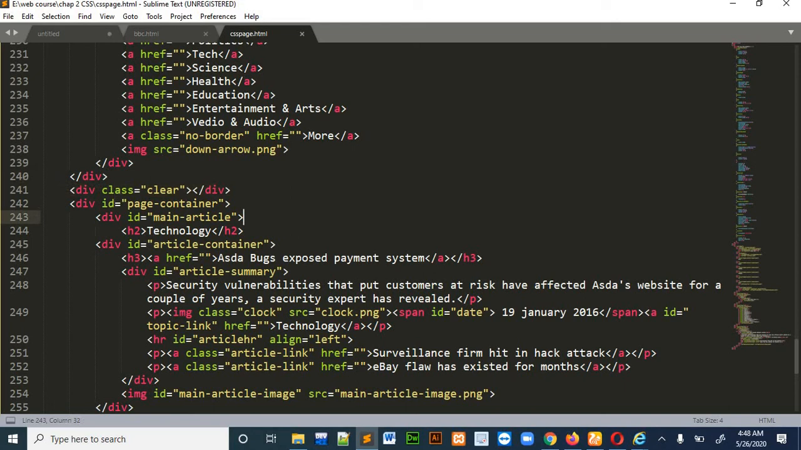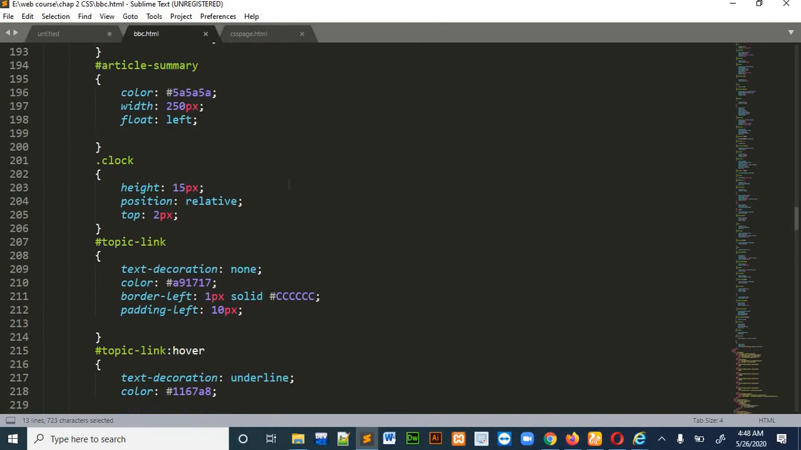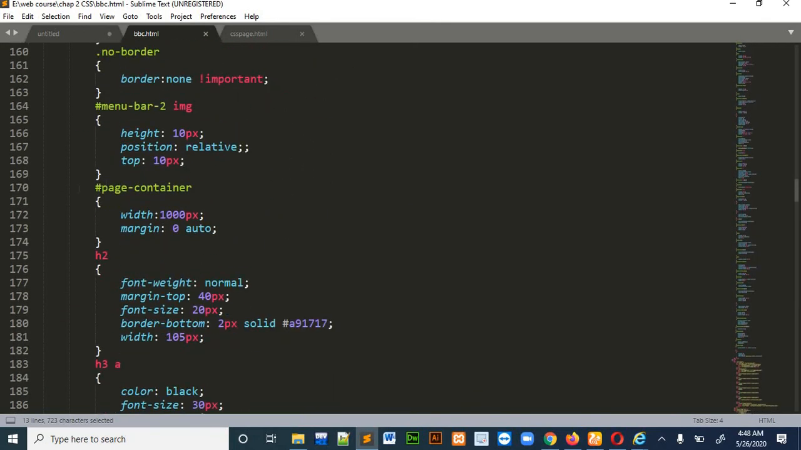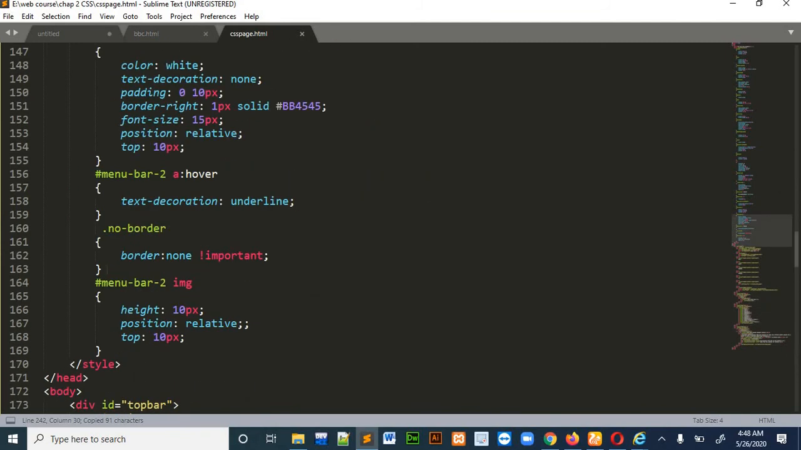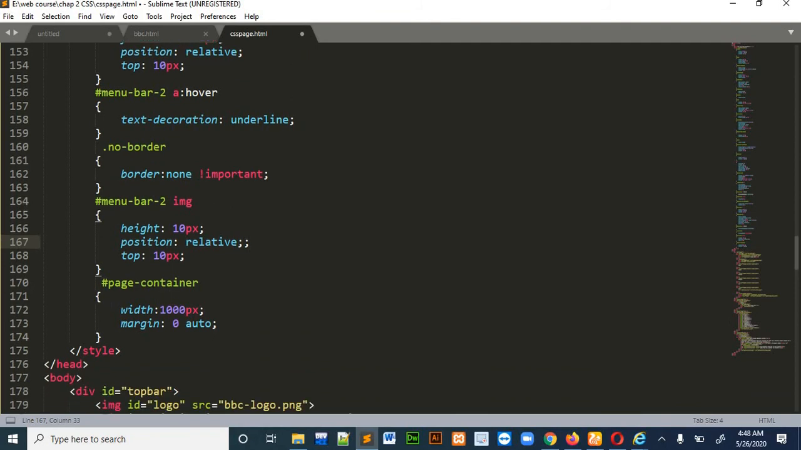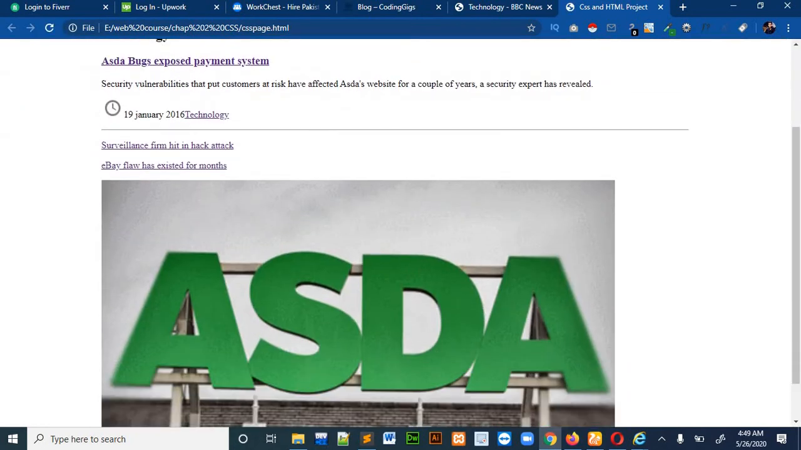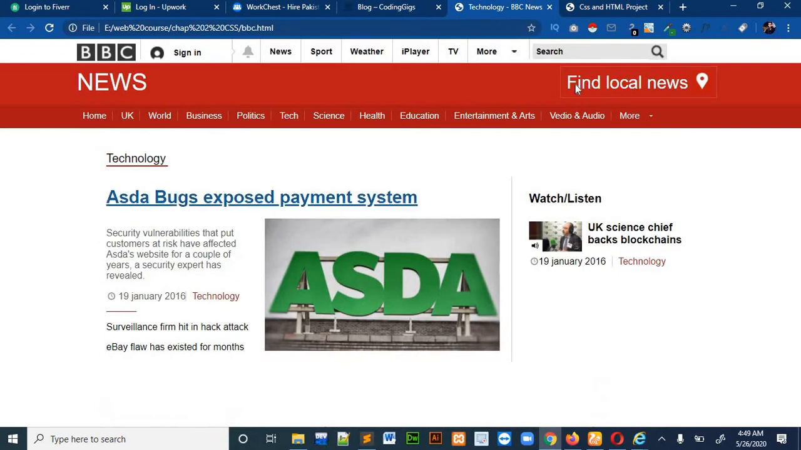So first of all we will copy the page container style. Okay, so let me see where I had written it. So there it is, page container style. So what we are doing is giving a width and margin. So let's see what it will do. So you can see that it has moved our page up like we want in this page. Okay,